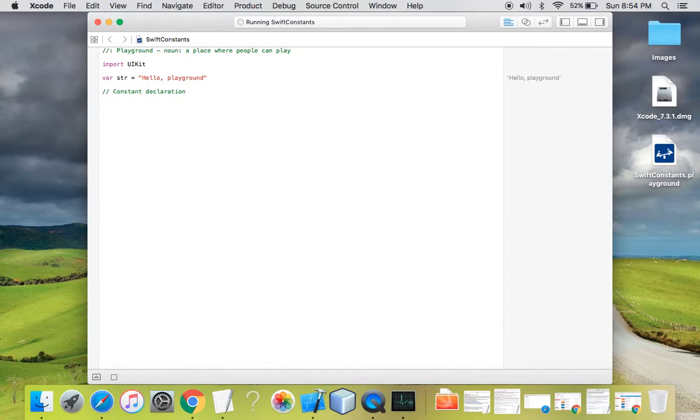A constant whose value is fixed is declared using the let keyword. Let, then the constant name, and then I have assigned a value of 50 to it. In this statement we are creating a constant whose value cannot be changed, using the let keyword. The constant name is const, and I'm assigning a value of 50 to it. As you can see in the sidebar, the value of 50 is printed over here, and when we try to print this constant,